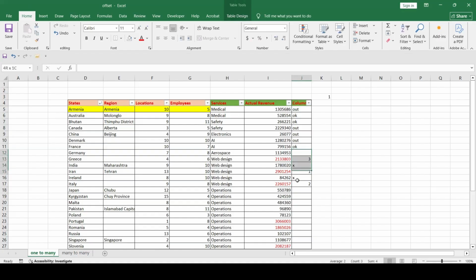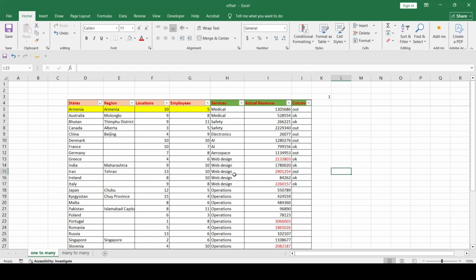And so on. For aerospace, it's clear, it's out. And for web design, the highest value should be 2.9 million. This should be out, and the rest should be in our table view, like this.